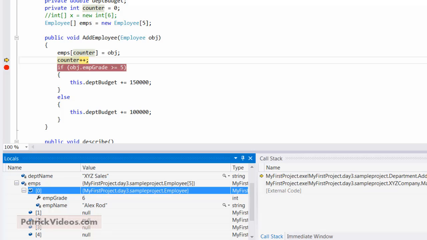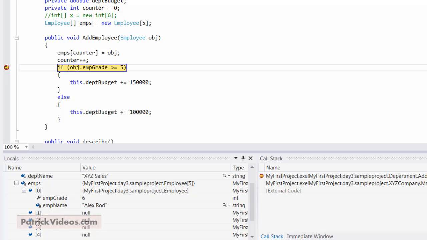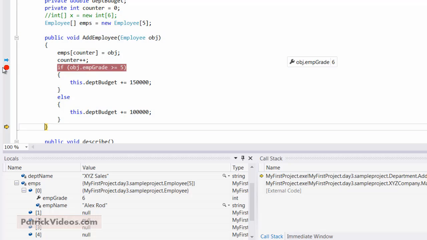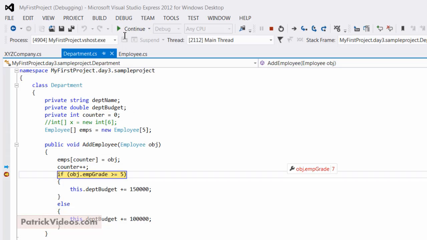So like this, you can step over each and every line to find out what the flow is and how the budget is being incremented. So in this line, the object.employee grade is 6. You can just hover over it and you will be able to see it. At any one point of time, if you want to pin these values, you can click on this pin and you will see that it is pinned here on the right hand side. Now you can play it so that it will come and break here once again. So this is for the second object, Linda